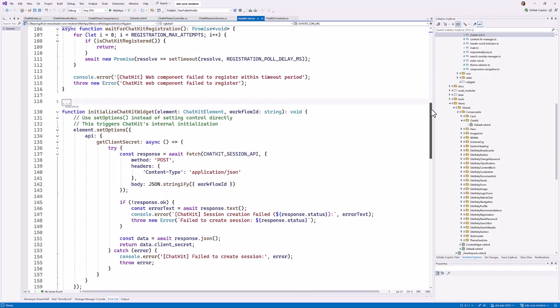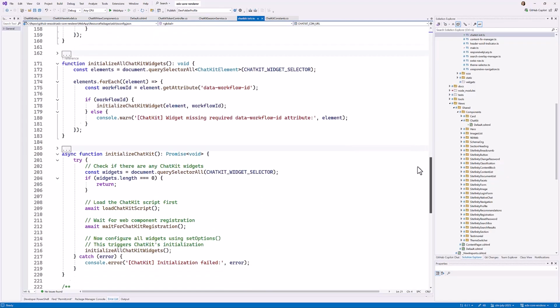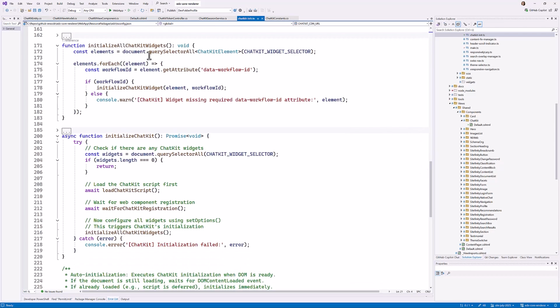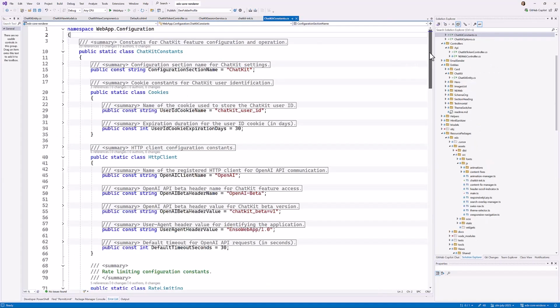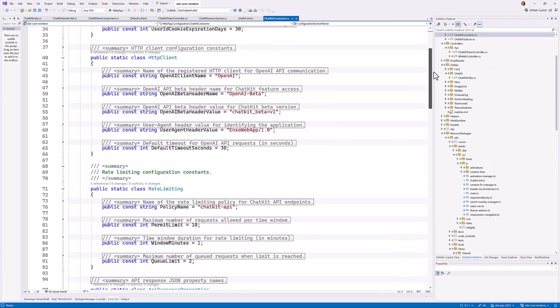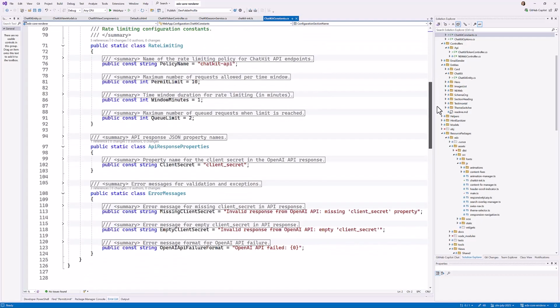components on the page, and initializes them with the right workflow info from the backend. This script handles sending messages, receiving responses, and updating the chat interface in real time. Additionally, constants and options control things like API endpoint URLs, cookie settings, and retry policies, so the widget behaves reliably and configurably. This workflow means you can build almost any kind of AI-powered conversational agent with OpenAI's intuitive builder, then use the Sitefinity widget to embed it into your website without the need for custom coding.